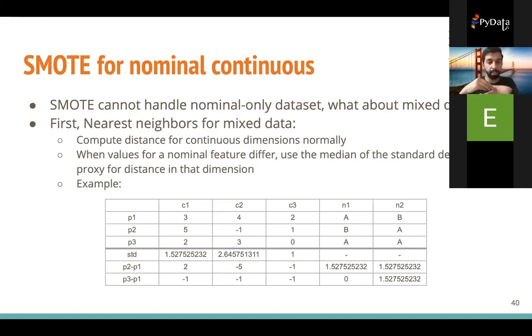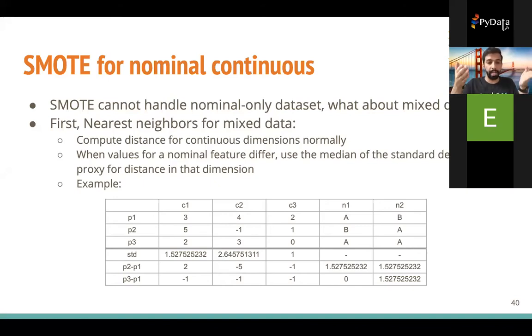First we find the nearest neighbors, and then we interpolate new points. Both of these are geometric operations. They both depend on Euclidean geometry, and there's no definition of Euclidean geometry for true or false or strings or something like that. So how do we handle that?